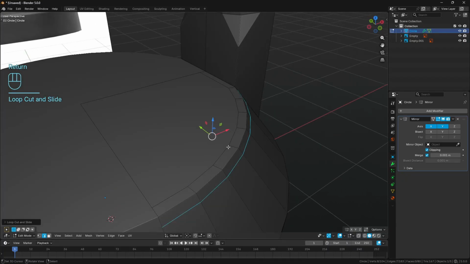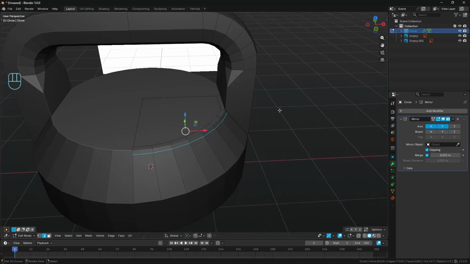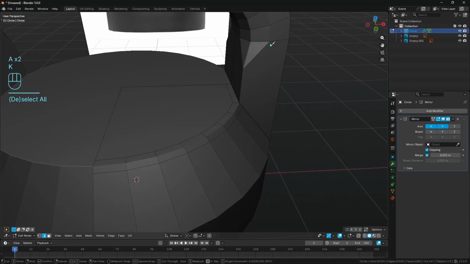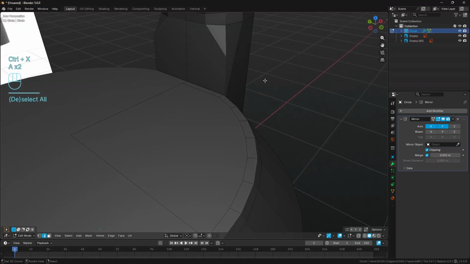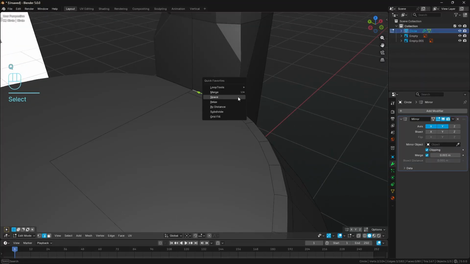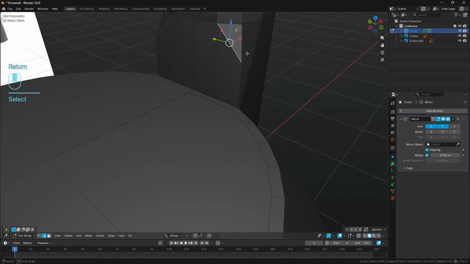A good point of reference is however you insetted this face, so whatever this edge length is, just try to roughly match that on the other side, just so it's even, more or less. And then we can use our knife tool, so we can go K and cut down an edge between here, and then we can dissolve that interior edge because we no longer need that. Then let's subdivide this edge in the middle here. So subdivide that, go K, cut down to that newly subdivided vertex,